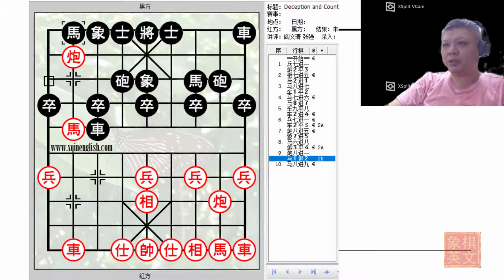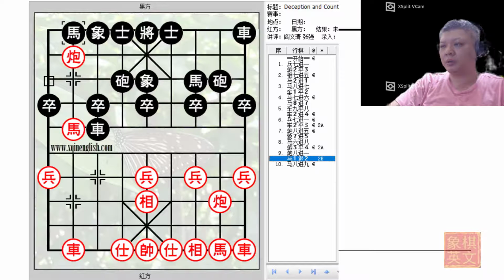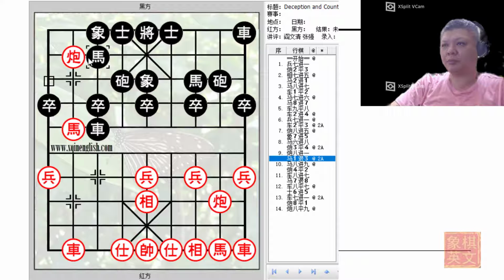Retreating the horse in this manner would of course not be ideal, because red will simply continue to chase the horse, and the cannon will now block the horse, and thus black will lose material. So that is why h1 minus 3 is the only viable move to try to save the horse. But as can be seen, black's position is now very cramped and awkward, whereas red would have concentrated 3 pieces